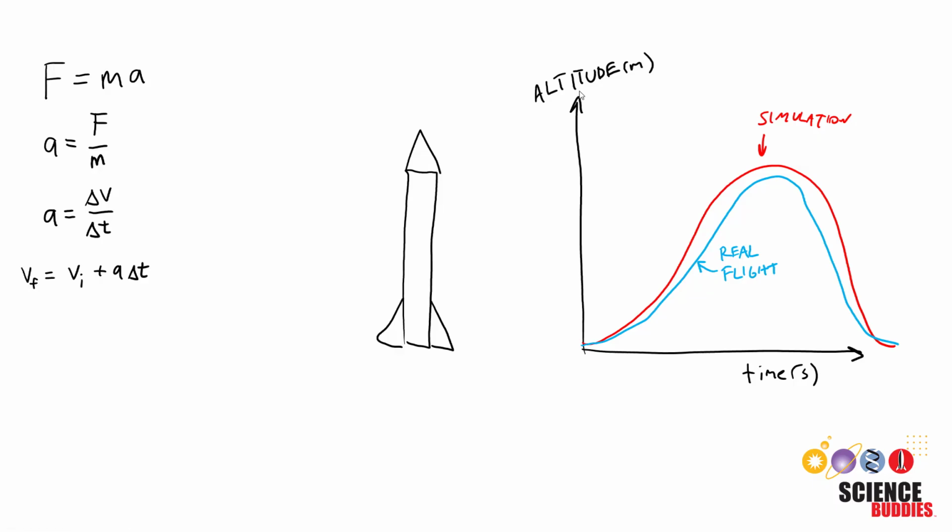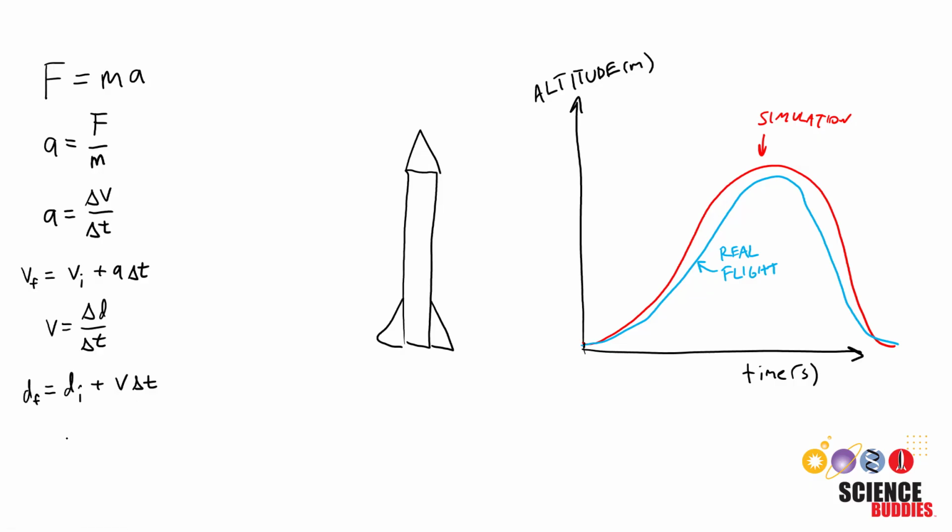But we don't want to produce a graph of the rocket's velocity, we want a graph of its altitude, which is a distance. So we can apply this concept one more time. We know that velocity is a change in distance over a change in time. So again, if we know an object's initial position at some point in time, we can calculate its final position sometime later by adding the velocity times the change in time, again assuming the velocity is constant over that time